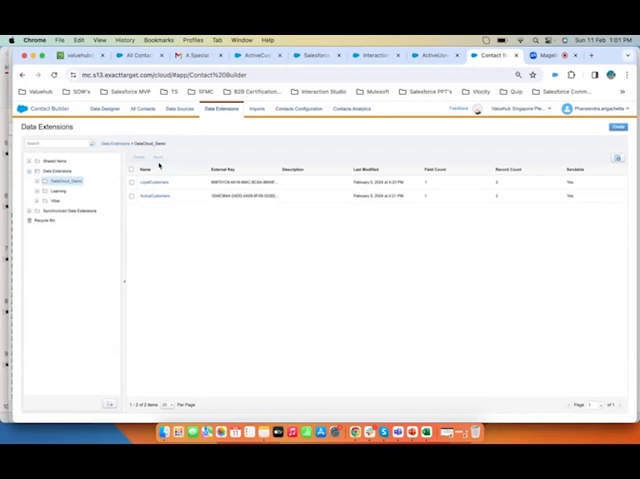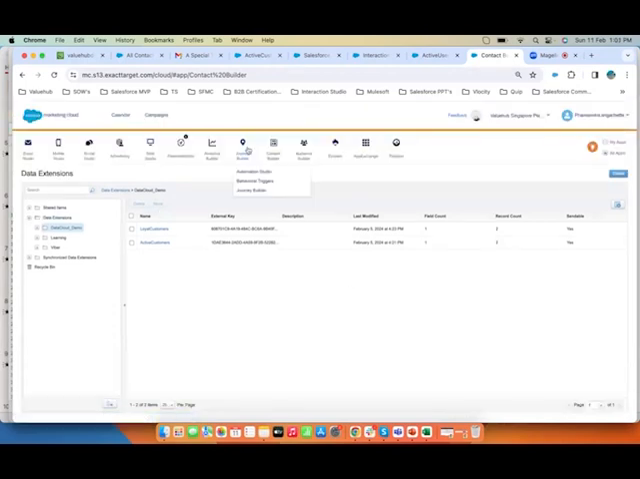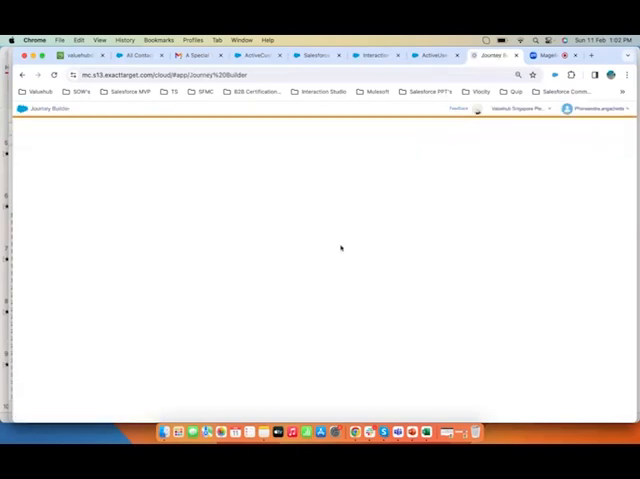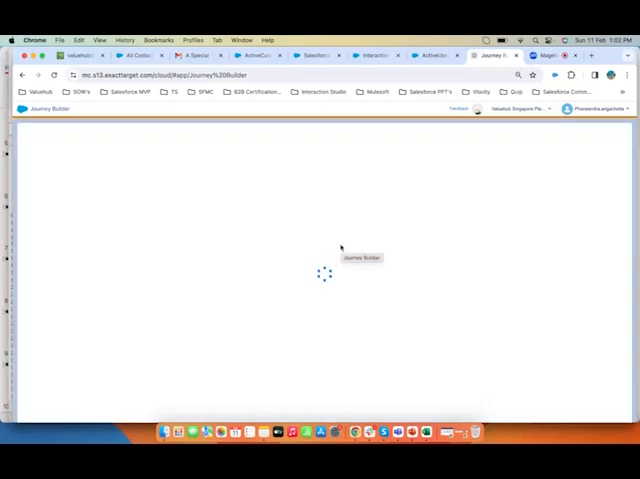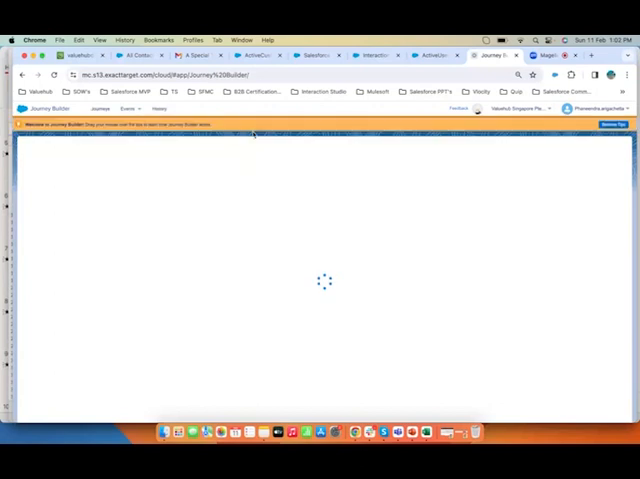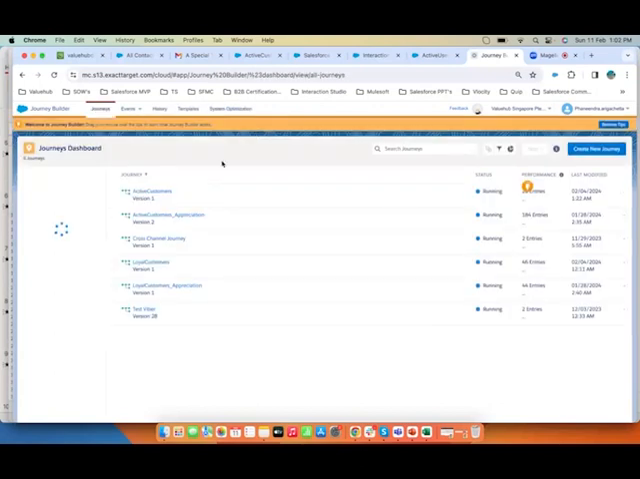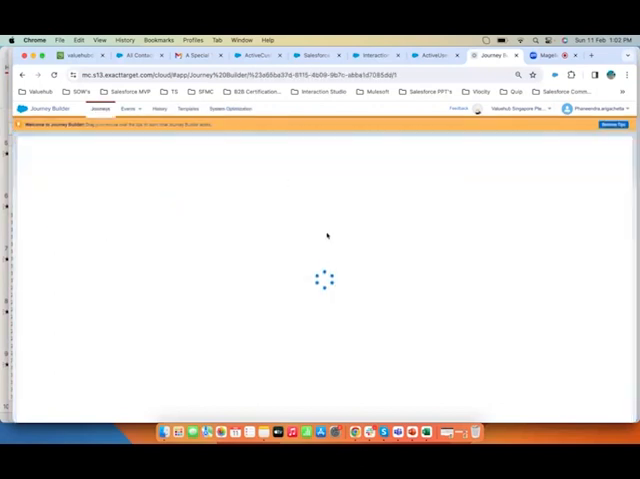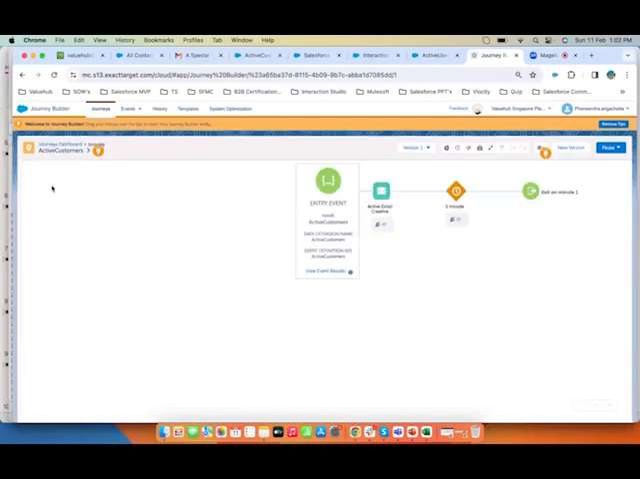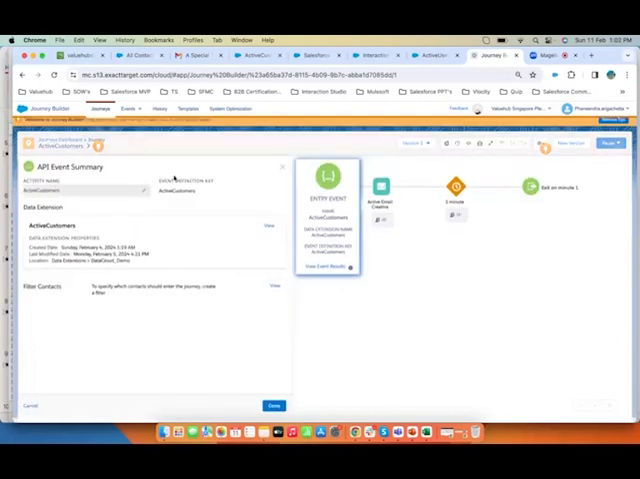Once I create it, I created one journey for active customers and one journey for loyal customers. So here I created two journeys. Here is my active customers journey. I use my entry event as an API entry. That's where the data action will trigger directly to this API entry, which sends an almost real-time communication to the customer. So here, once we activated the target,